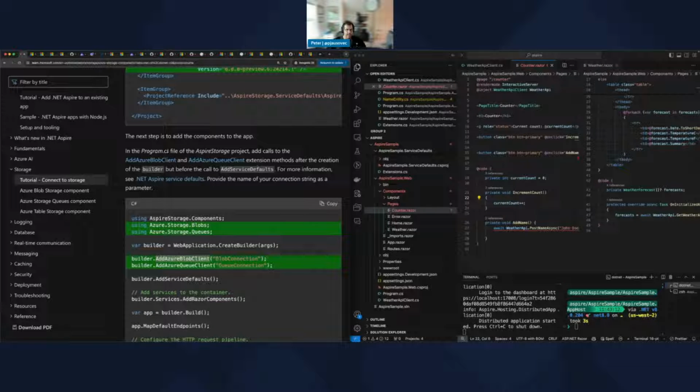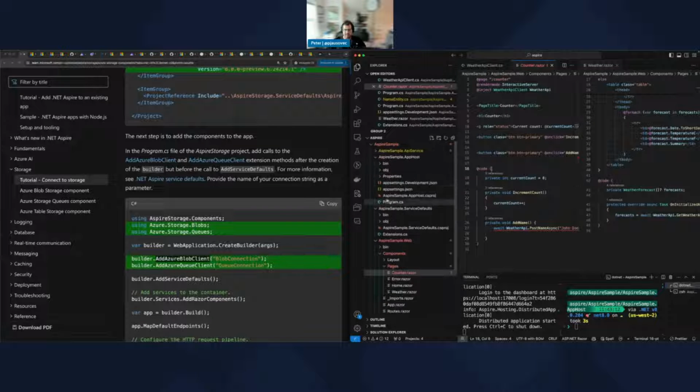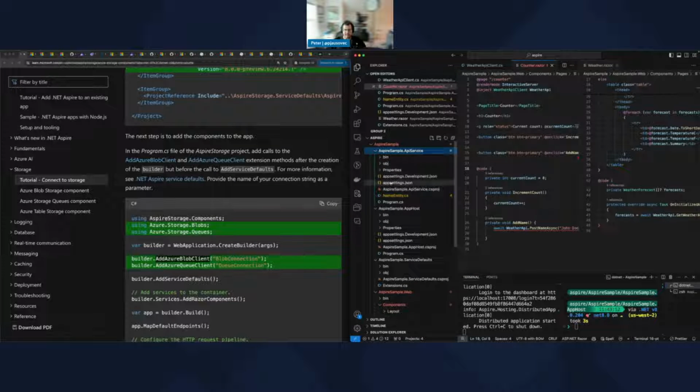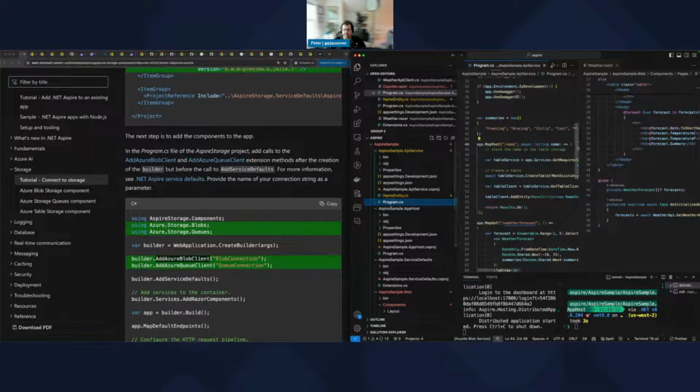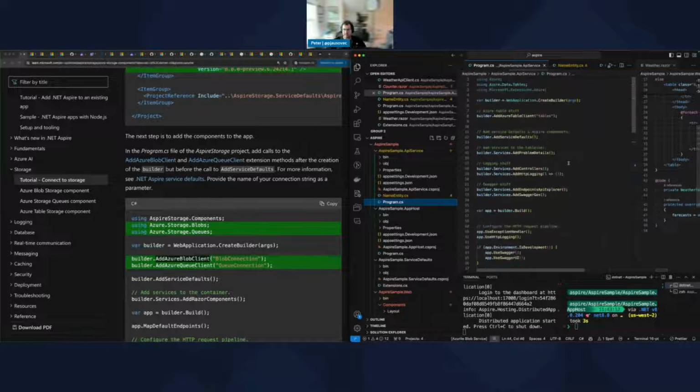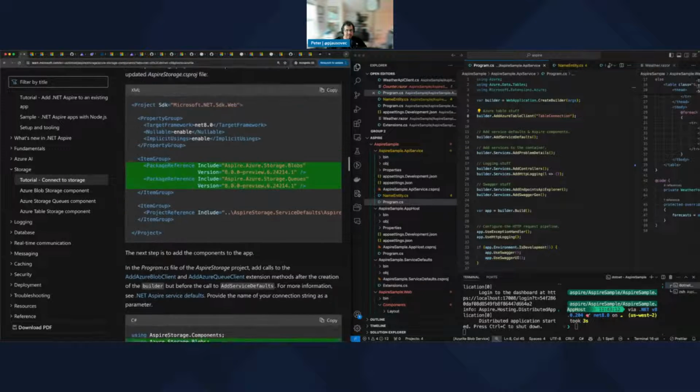Add calls to add integration, but before. Okay, so that's what we have, right? In this guy. But we're not at Azure table. Blob connection. So let's do table connection here, just so we are the same, because then I can go to